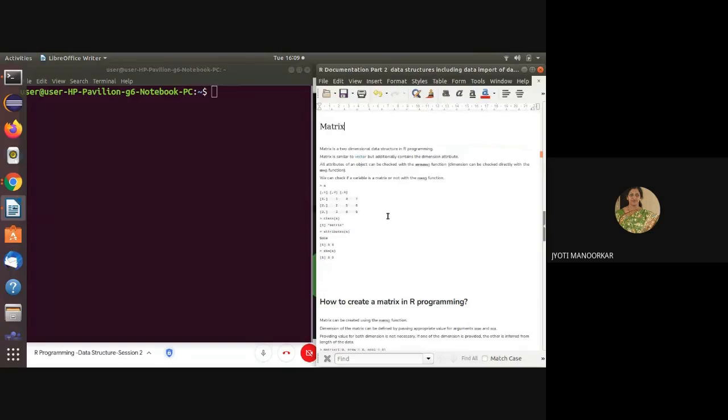So let's see, we can start the concept of matrix as a data structure that is used in R. R provides this one more data structure to you. As we know, a matrix is a two-dimensional data structure and it is similar to a vector, but additionally it